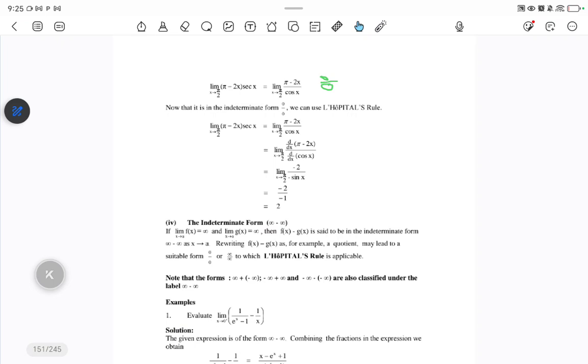Let me end the session here. When we meet, since TA hasn't done L'Hopital's rule, when we meet, we're going